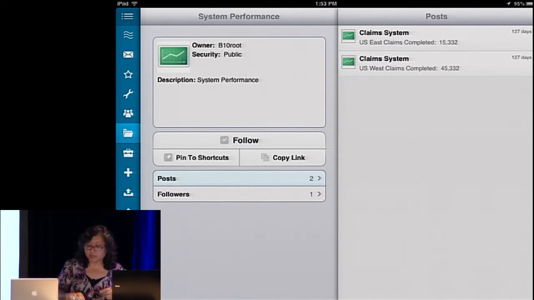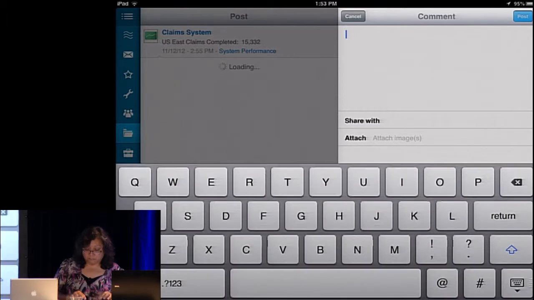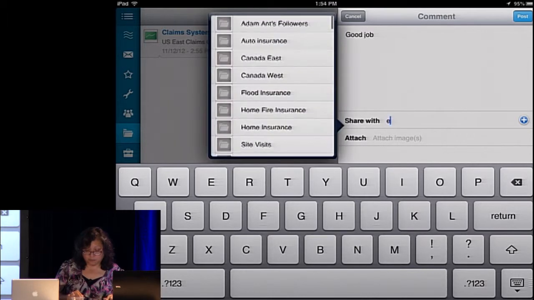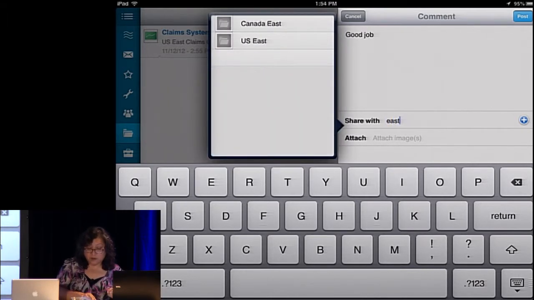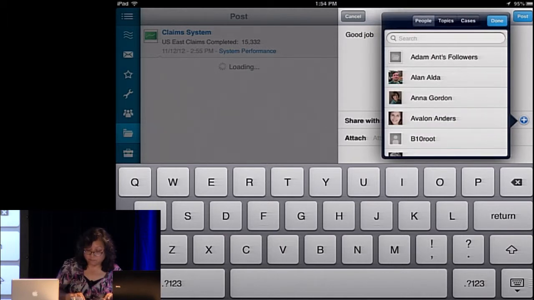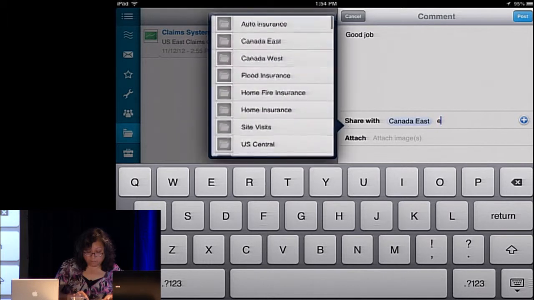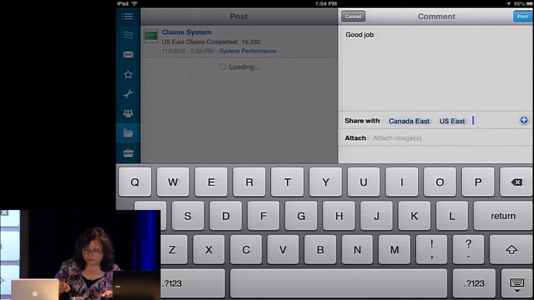So in this particular case, I'm looking at the claims system and I'm going to basically send a little attaboy note, good job, to my Eastern region group, and I can start looking for Eastern region, and I find that I've got a Canada East group, and I also have another East group, which is the US East group.